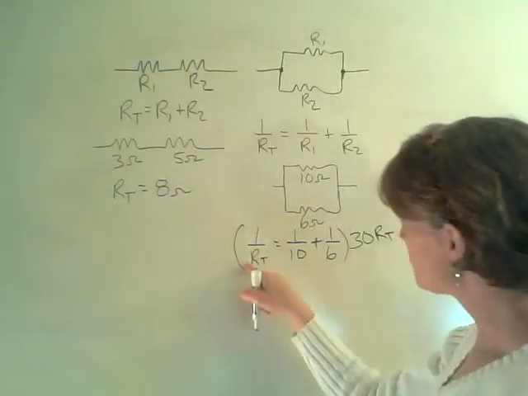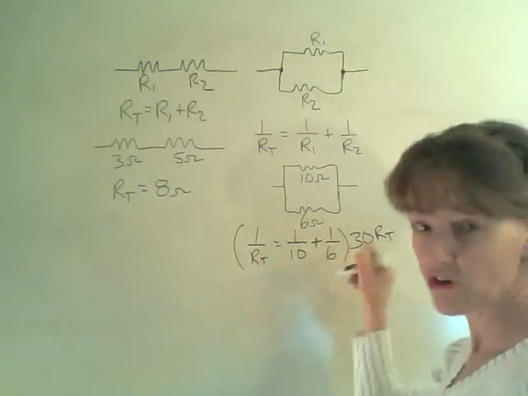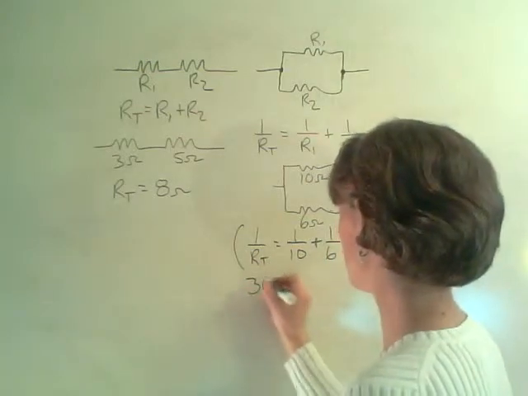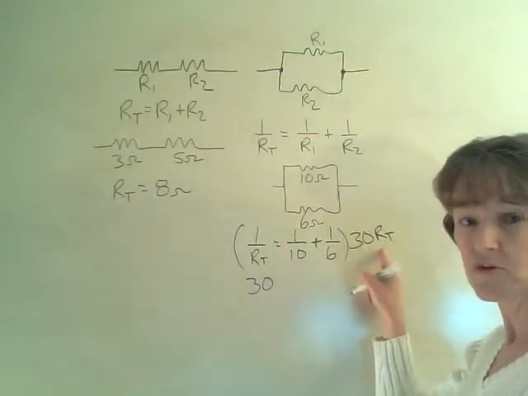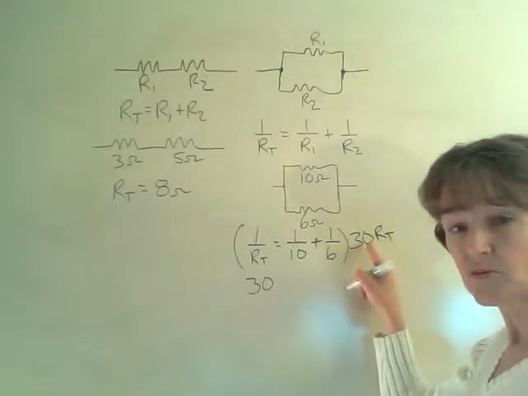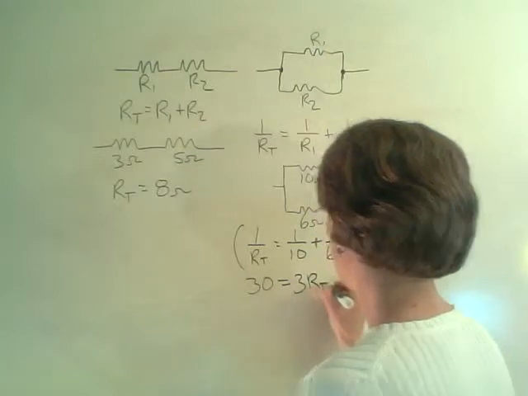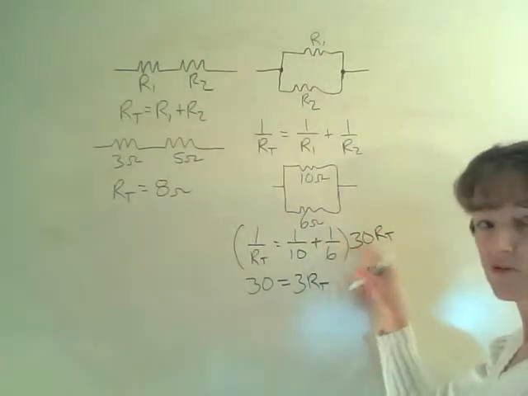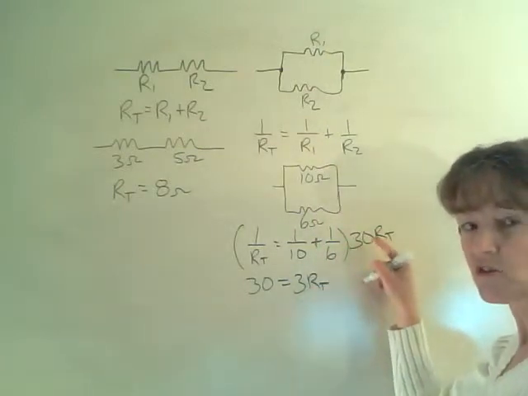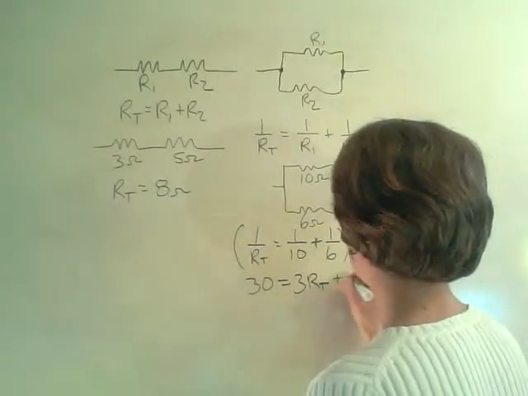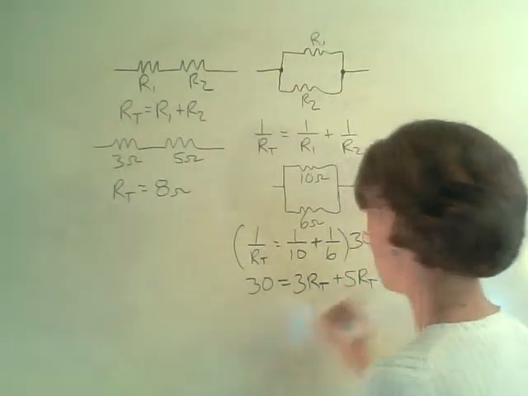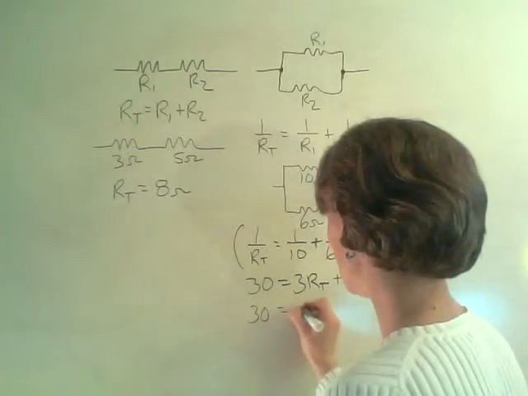Well, when I multiply this term by 30 RT, the RT's cancel, and I just get 30. When I multiply 1 over 10 times 30 RT, the 10 cancels with the 30 and leaves me with 3. So I have 3 RT. And then when I multiply 1 over 6 times 30 RT, the 6 and the 30 cancel to give me 5. So I have 5 RT. So 30 equals 8 RT,